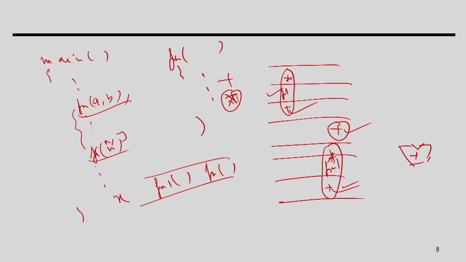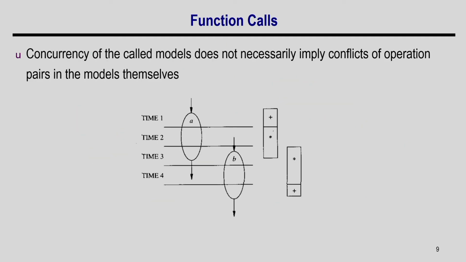So, in summary, if all the function calls have non-overlapping execution times, I can flatten that sequence graph and get a single sequence graph where all these operations have non-overlapping times. Hence I can solve the problem for a normal, non-hierarchical sequence graph, and the complete graph that we get from here will remain an interval graph, and I can solve the problem using the left-edge algorithm. Okay. So, this is the first part.